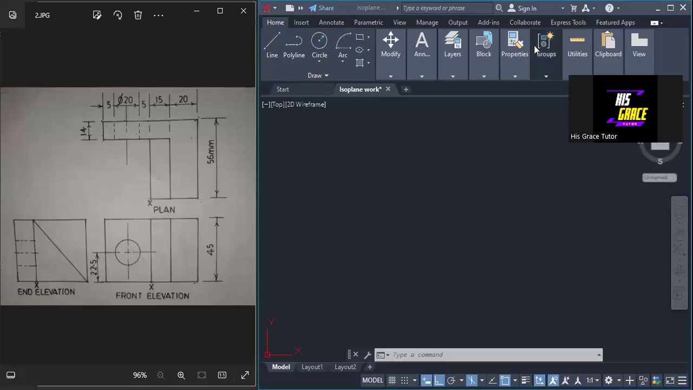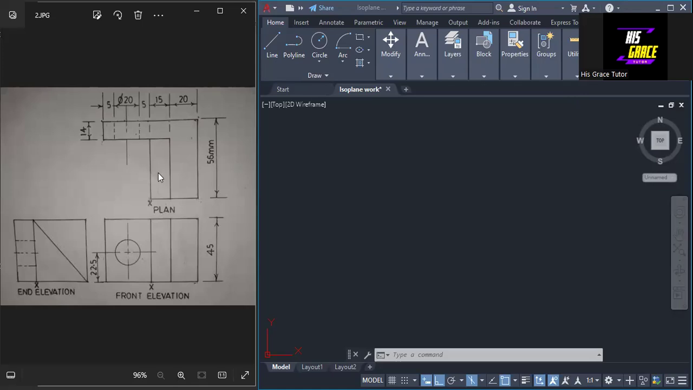Back to my channel. Here we are still using isometric drafting to convert orthographic views into isometric view, and we want to work on this particular problem. We are going to convert these orthographic views into isometric view. As you can see, these orthographic views are given in third angle projection, as it is shown here